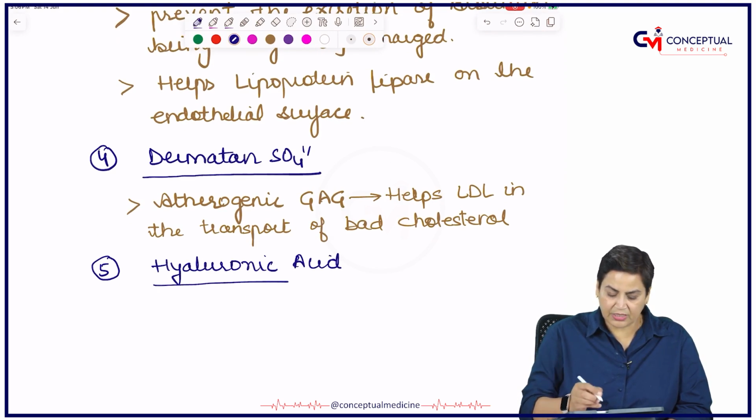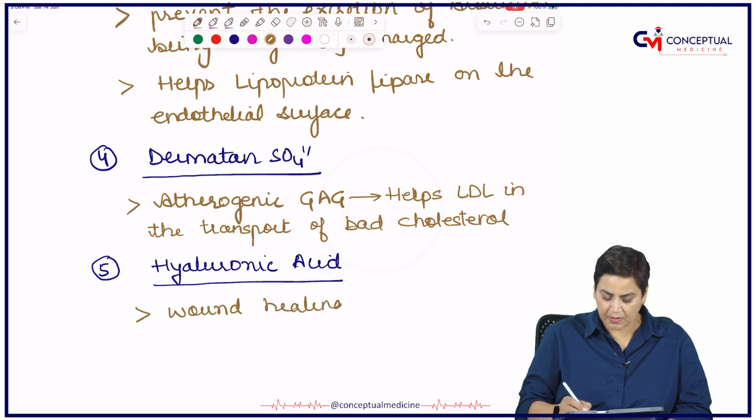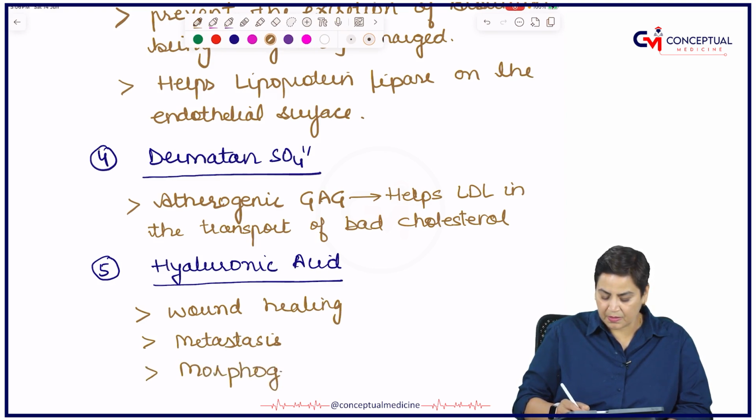What is the function of hyaluronic acid? It is required for wound healing, in metastasis, morphogenesis, embryogenesis,